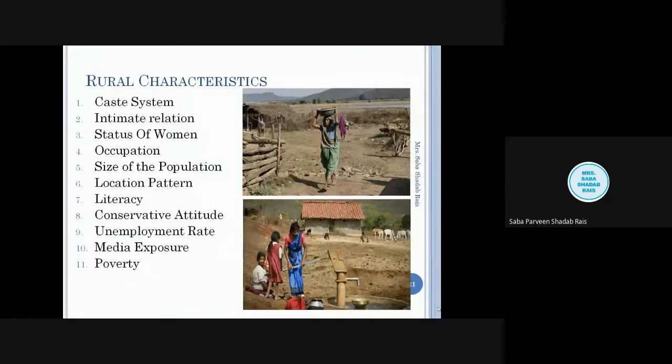Now next is poverty. 21.92% of the Indian population lives below the poverty line, that is BPL, in 2011-12. But in rural areas, the percentage of people living below the poverty line is 25.70. Below the poverty line, the people included are those who cannot get even their basic needs. So imagine in rural areas the people living below the poverty line is